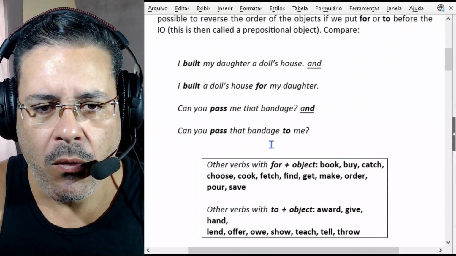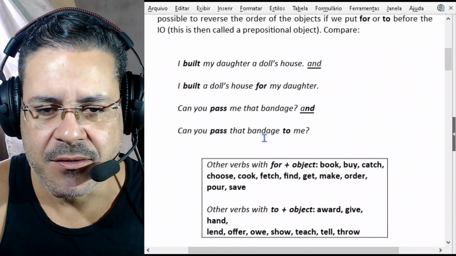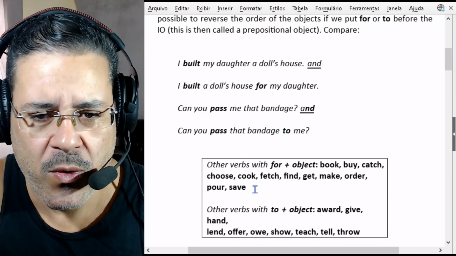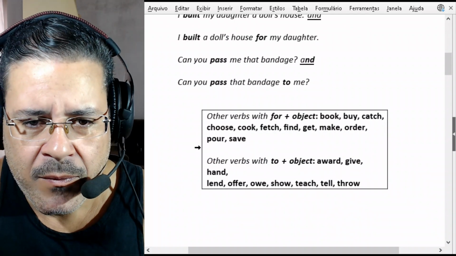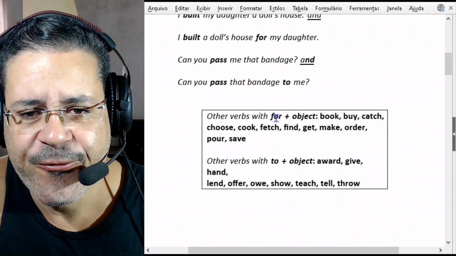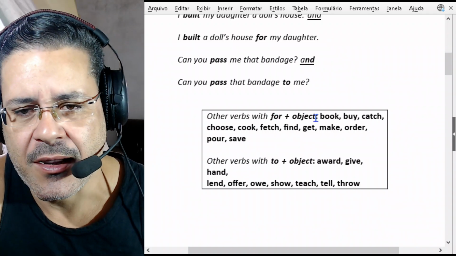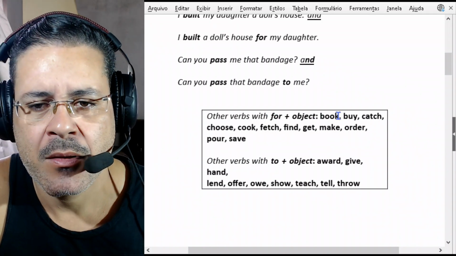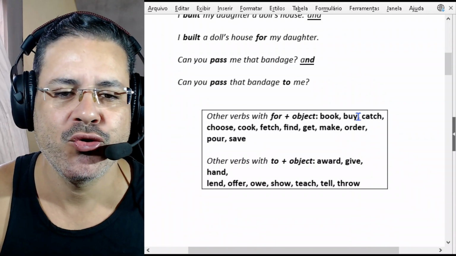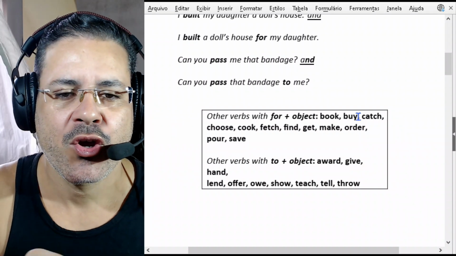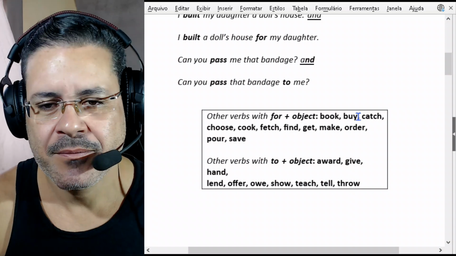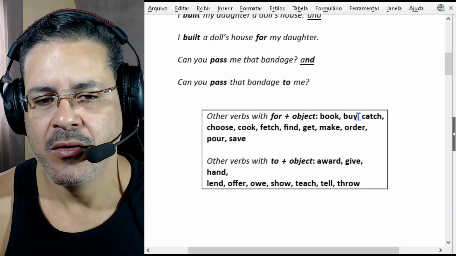We might also use that pattern, reversing the order of the objects, with those verbs. For example, other verbs with for plus object: book, buy, catch, choose, cook, fetch, find, get, make, order, pour,